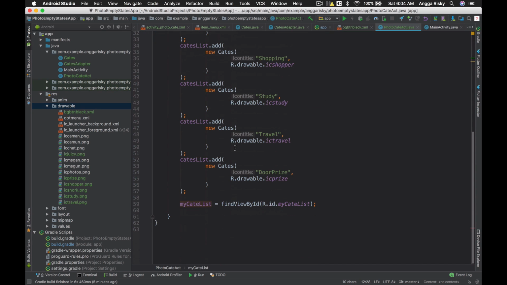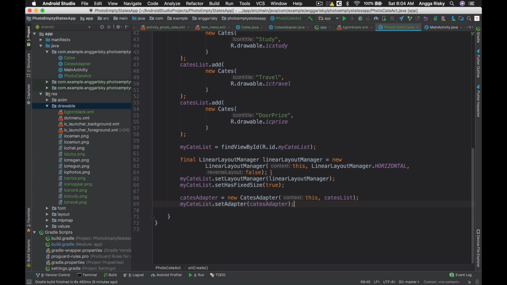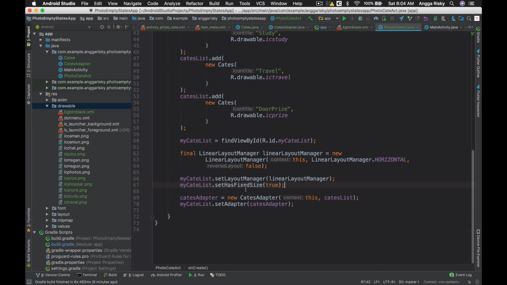And now after that, we have to declare the linear layout manager, because we're gonna use the horizontal, and then you have to use the set has fixed size because we're gonna get the position later on, and this is to inflate the adapter.